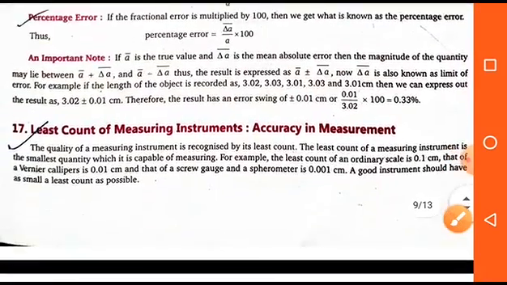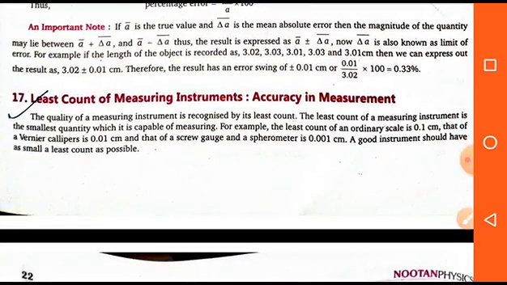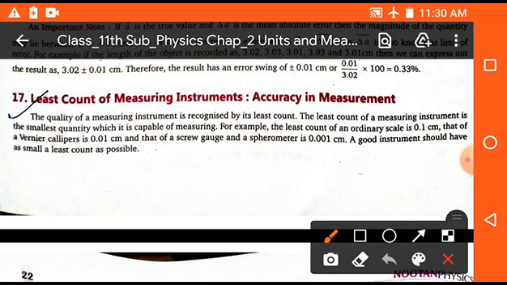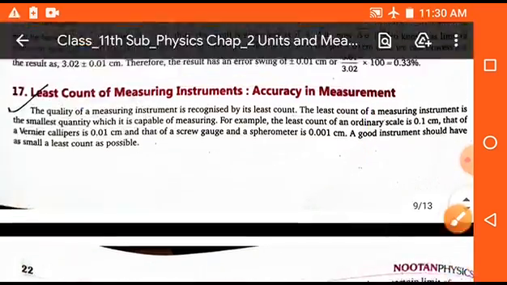Now students, we discuss here the least count of measuring instruments. So what is least count? As you know, every instrument has a fixed value, and below this fixed value we cannot find the accurate measurement of any object with the help of that instrument. The minimum value which can be calculated accurately with any instrument is called its least count. Clear? Okay students,